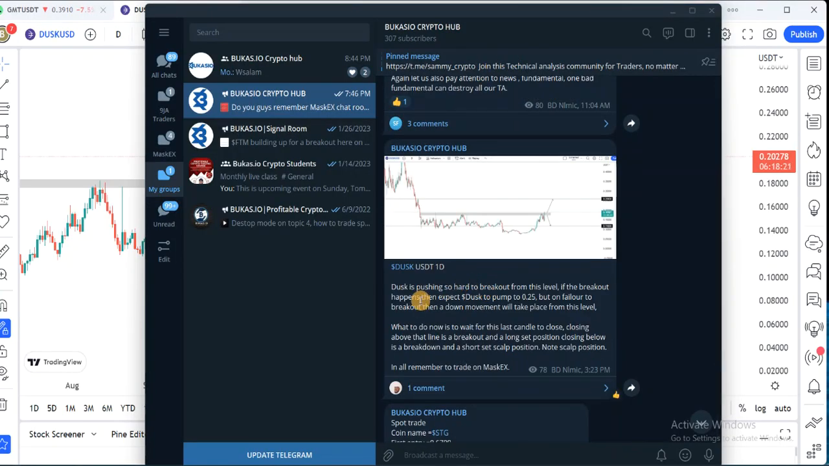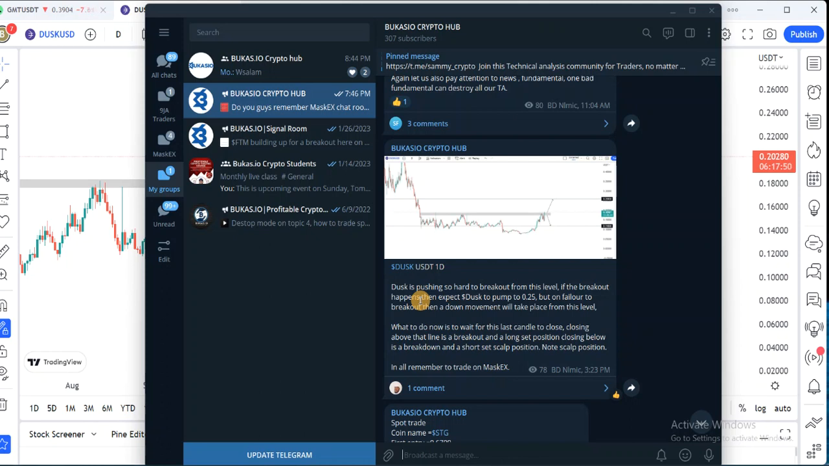Dox is pushing so hard to break out from this level. If the breakout happens, then expect Dox to pump to 0.25. Note, on failure to break out, a down movement will take place from this level. What to do now? Wait for the last candle to close. Closing above the line is a breakout, and a long set position. Closing below is a breakdown, and a short